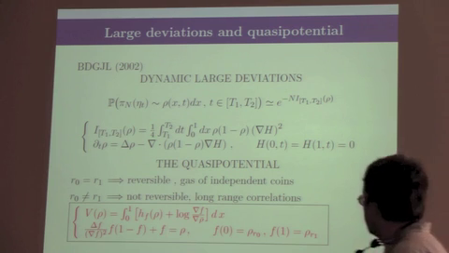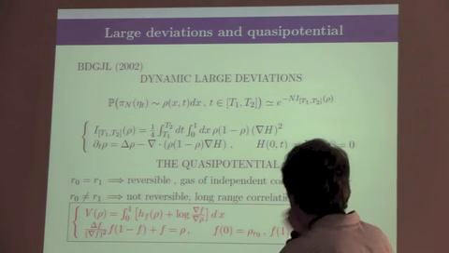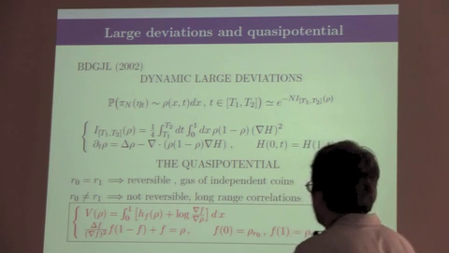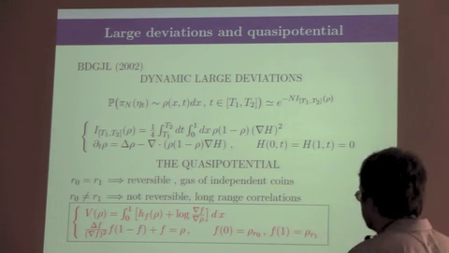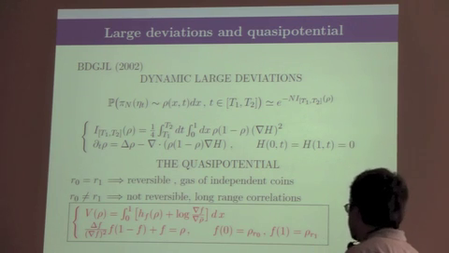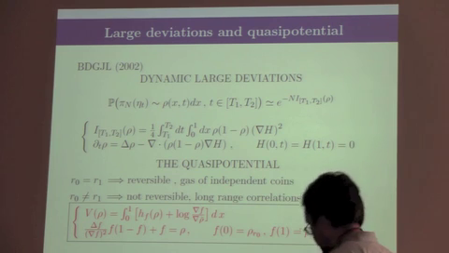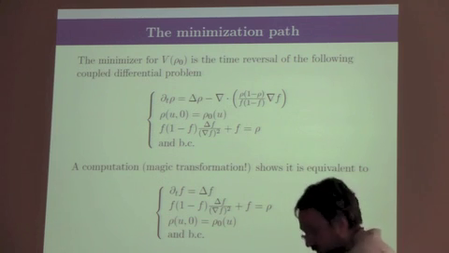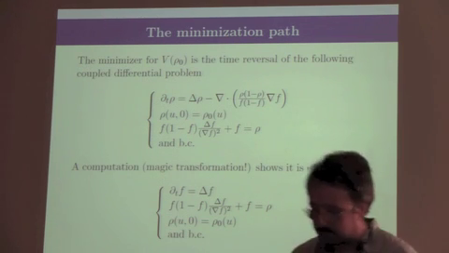differential equation. So here this long range correlation appears because this f that you have computed is global and depends globally on the structure of the rho. So, okay, it has a very different structure with respect to the case of independent coins. And so now, how do you compute this